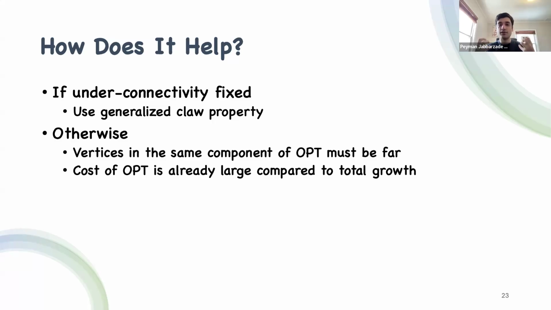It means that, for example, just assume this component of the optimal solution that we have multiple components for. Those vertices inside that component are too far from each other in the optimal solution that even after the extension we are not connecting them to each other. So that's where we get a better lower bound for the optimal solution, and then we prove that we have a good solution, better than a two-approximate solution.